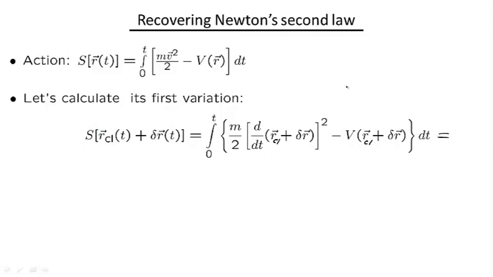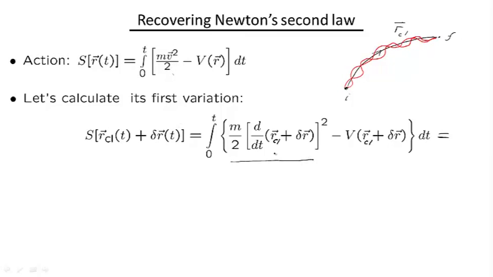So in some sense, what we should think about is that we have this initial point and this final point, and there is some unique trajectory that we're looking for, but there are also trajectories very close to it. This black trajectory here is the classical trajectory, and the red ones are r classical plus dr. This dr is a small deviation from the classical path. So if we now simply plug this expression into the expression for the action, we're going to have